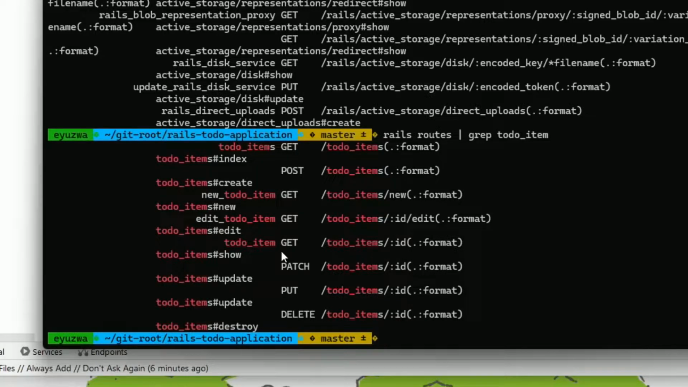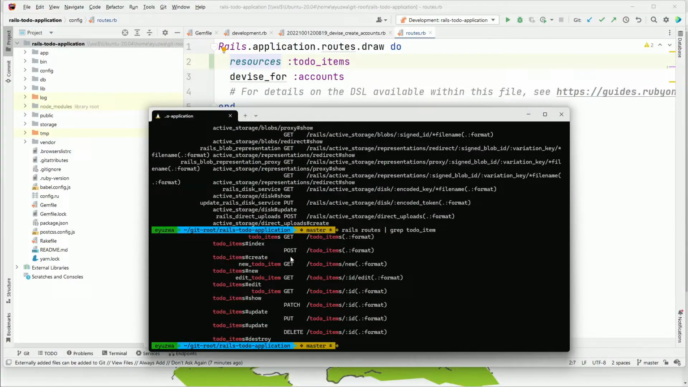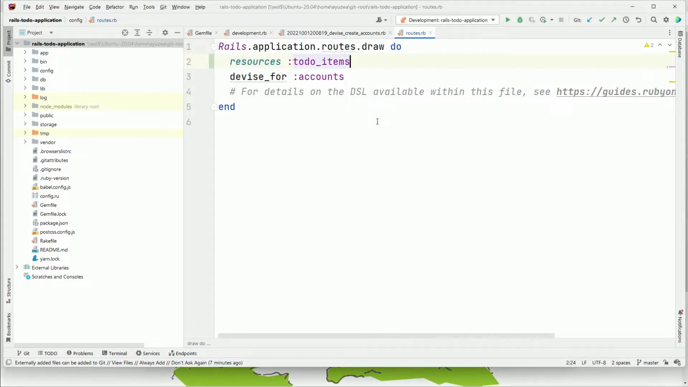Notice how each of these action handlers has a hashtag and then a method name. I'll show you in just one second where it's being mapped to, but notice that there's a name after the hashtag. We've got hashtag index, hashtag create, hashtag new, hashtag edit, hashtag show, etc. So this maps directly back to the to-do items controller. If you open that up in your editor,